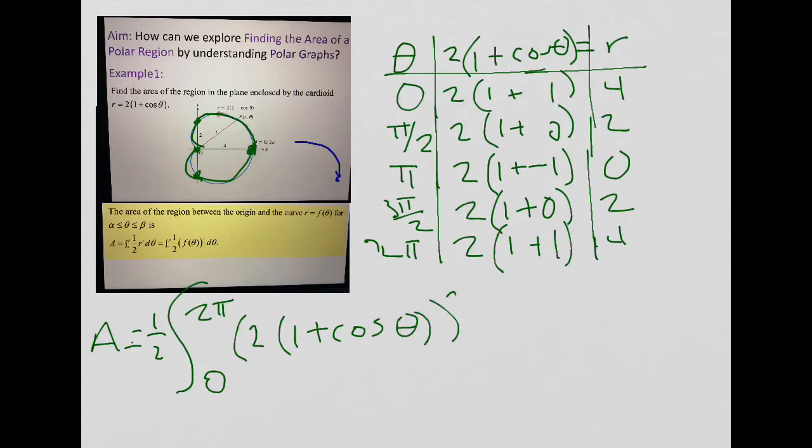Here's r. We're going to square it. Here's our d theta. And we have our integral already set up. So in this particular case, what I would do, I plug it into the graphing calculator. Now, when I plug this in, you can plug it in exactly like I did and make sure you multiply your answer by 1/2. Or if you're doing a calculator, it might be best to leave the 1/2 there. So there's multiple ways to plug it into your calculator, and you should get